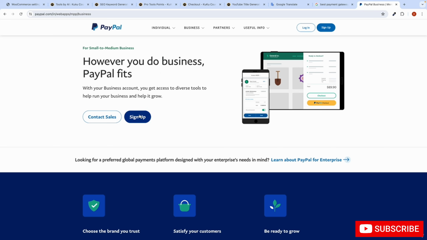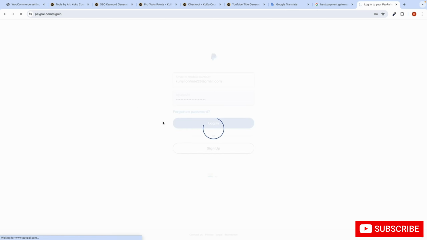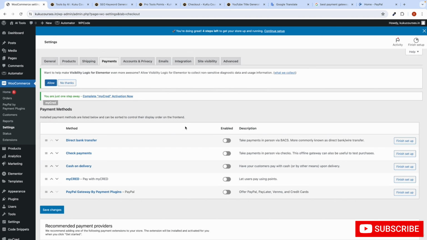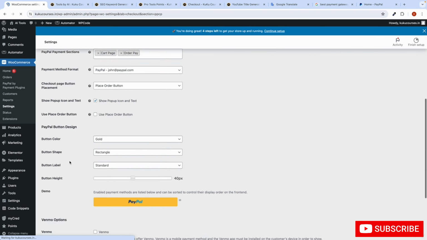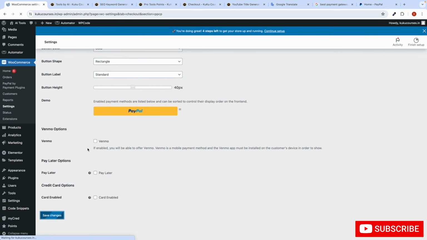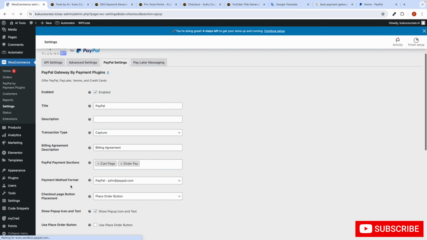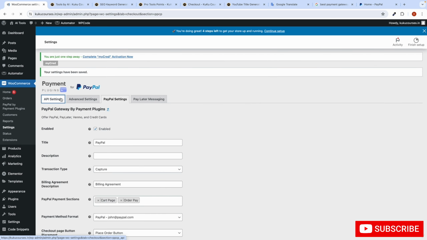And then if you don't have one, just sign up. It will ask you for the basic details, and then it will sign up with your account. In my case I already have one, so I just log in. That's it. Now after PayPal is here, you can come here to finish setup. From here you can enable PayPal like this, and then click on the save changes button. Awesome. After that just go to the API settings, and then you will see the option